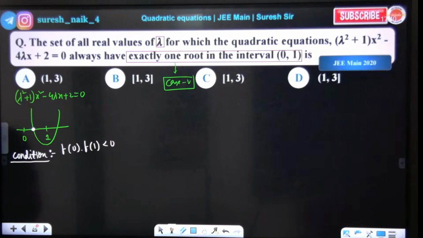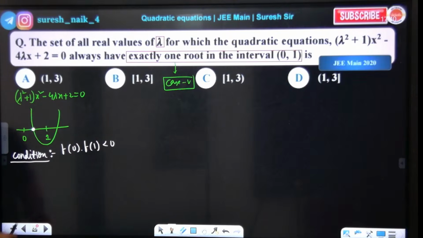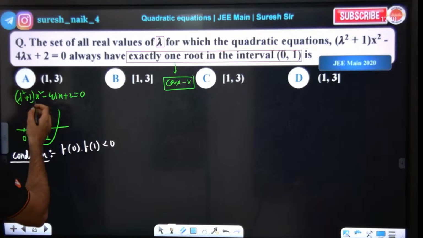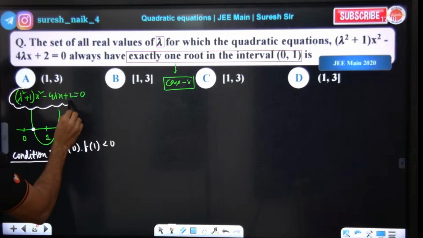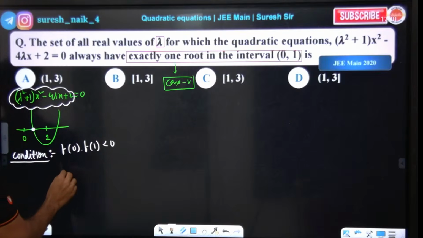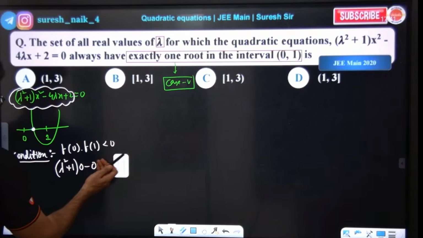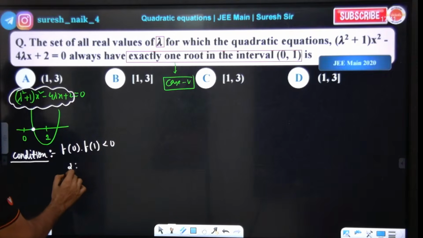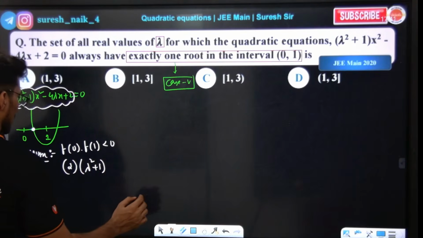Understood? Yes or no? Yes sir. That is what I'm doing here. What does f of 0 mean? f of 0 means substitute 0 here. So this is f of x for us. f of 0 is lambda square plus 1 into 0, minus 0 plus 2, directly 2. And f of 1 is lambda square plus 1,